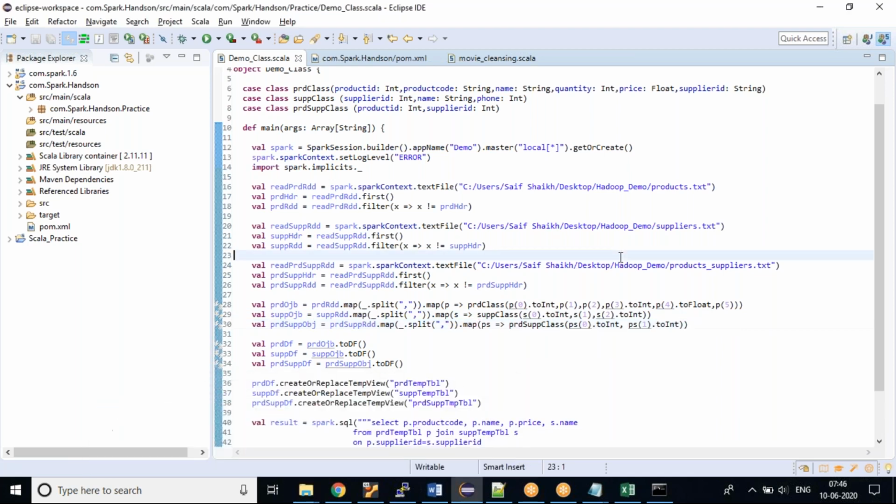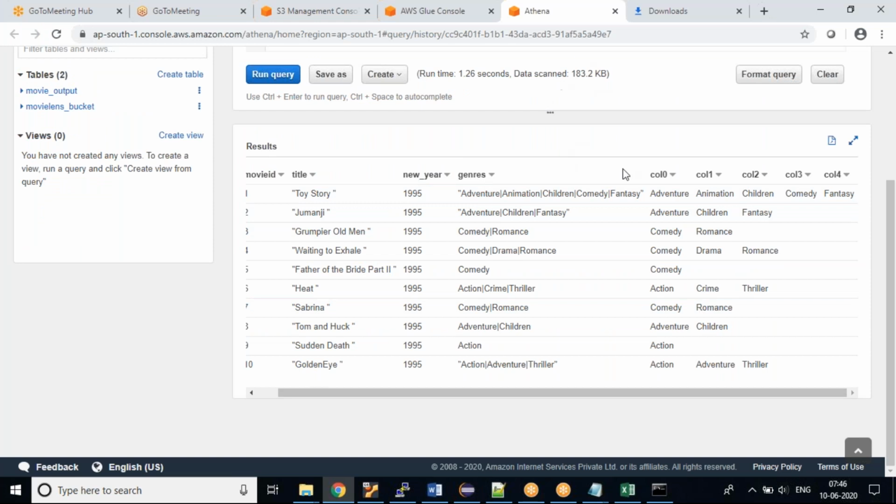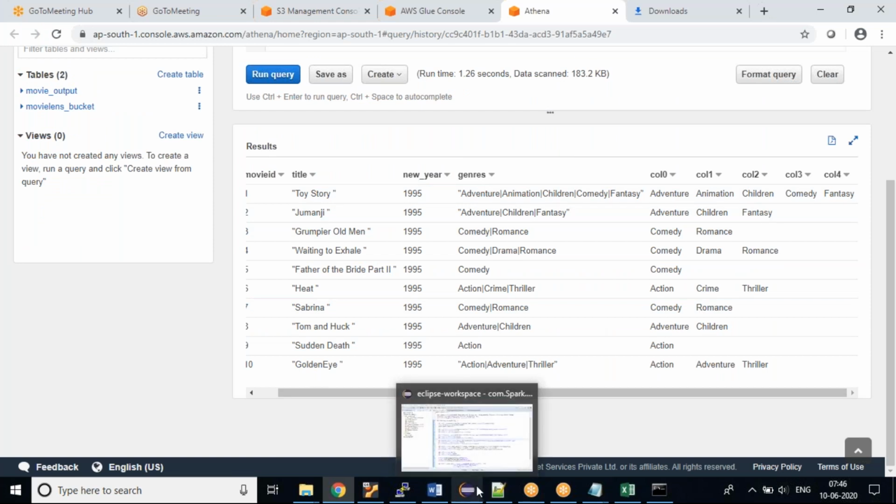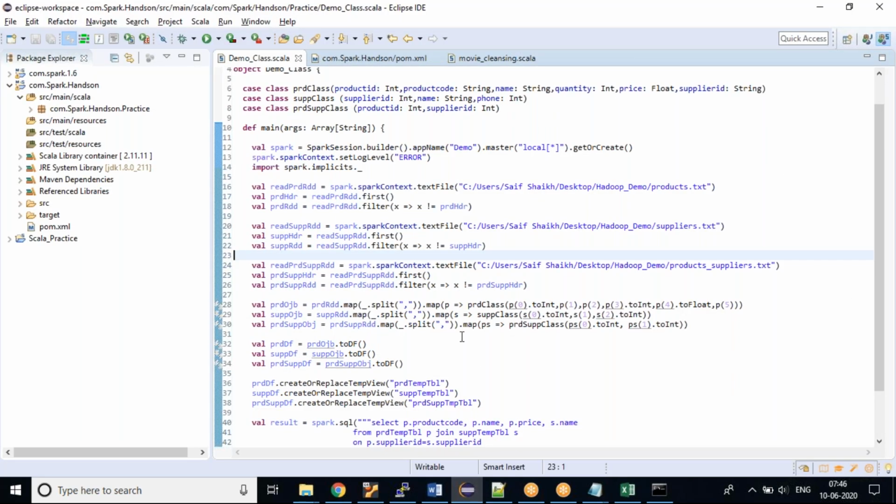Any questions? Don't ask questions on this AWS part because I have not explained anything in that. I've just shown you how the AWS cloud services are used in combination with on-premise. Being a data engineer, we are moving to the cloud.